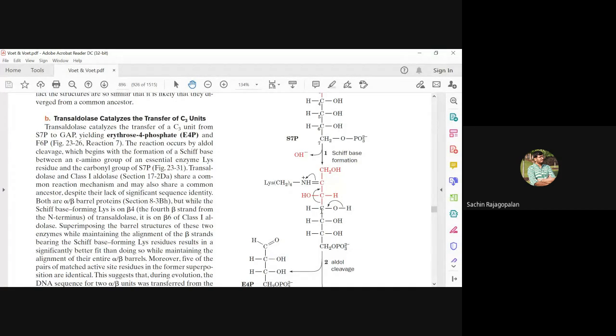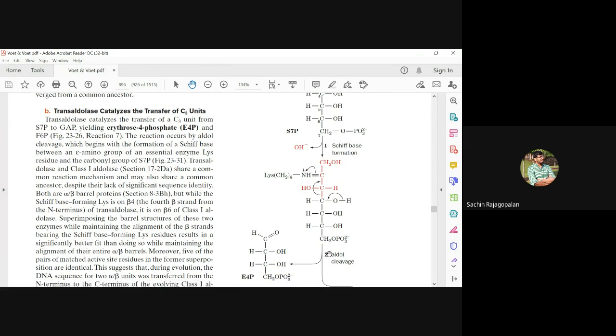We are going to break that bond such that this four carbon structure at the base is going to be released free. Now, when I release this free, I have removed the hydrogen from the hydroxyl group. So what I will have is CH double bond O, so an aldehyde group, and the rest of the part. So a 4-carbon compound is going to be set free. What is that 4-carbon compound? It is erythrose 4-phosphate, because you have a phosphate group at the 4th carbon. So I'm going to refer to it as erythrose 4-phosphate.